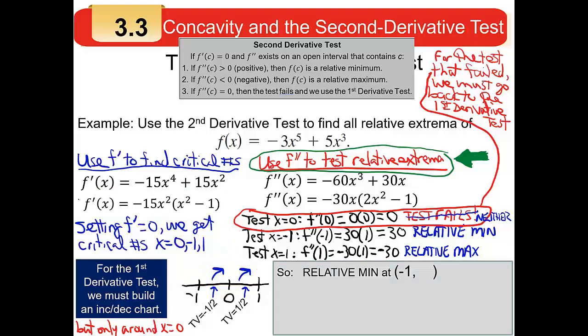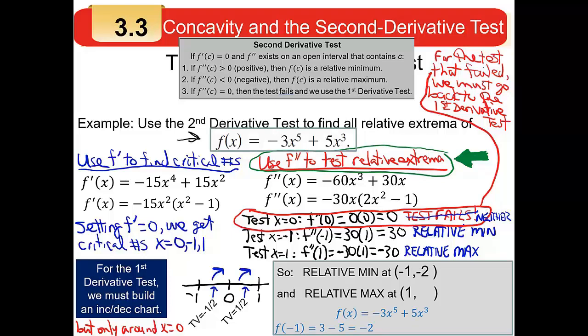So if I do want to find the inflection points, I know I have a relative minimum at -1 something, and I know I have a relative maximum at 1 something, but to find those somethings, I have to get the y values. When I want the y values, I've got to go back to the original function. Plugging into those, I end up with -1 calculating out to be -2, and 1 calculating out to be +2. So it turns out that I have a relative minimum at the point (-1, -2), and a relative maximum at the point (1, 2),